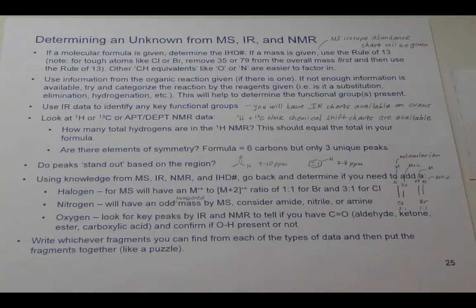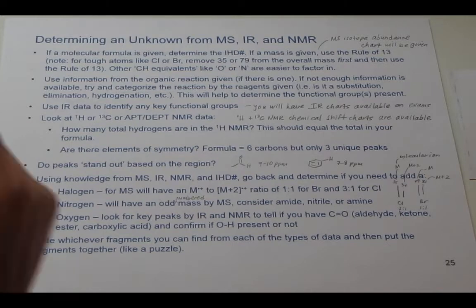This is Inverted Lecture 4, and we're going to be discussing how to determine an unknown using mass spec, infrared, and nuclear magnetic resonance data. And I'm just going to talk through some general points on this slide, but there's no one way to go about these problems. So the first 2 points I want to tell you about, and the rest I'm just going to discuss some aspects of, and you'll see when we do the problems together that we may use different information